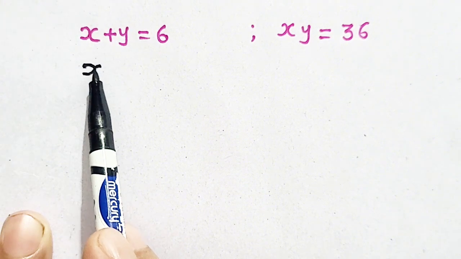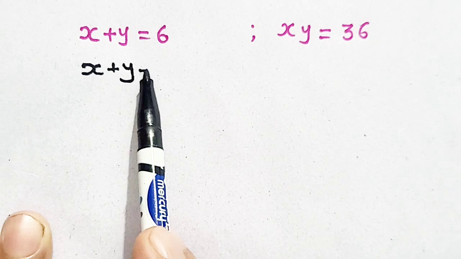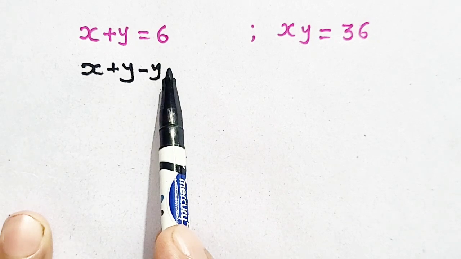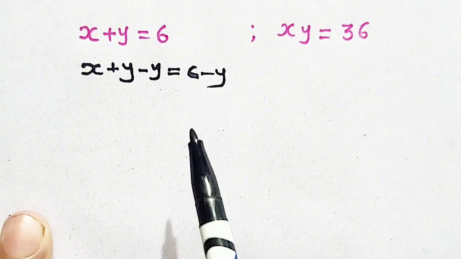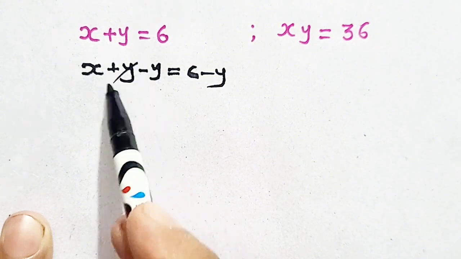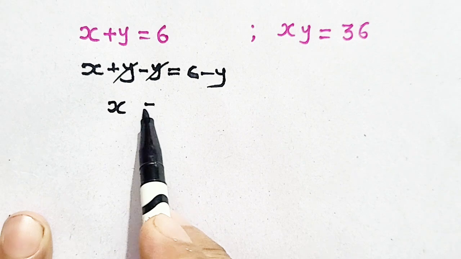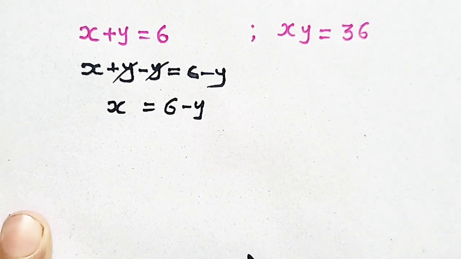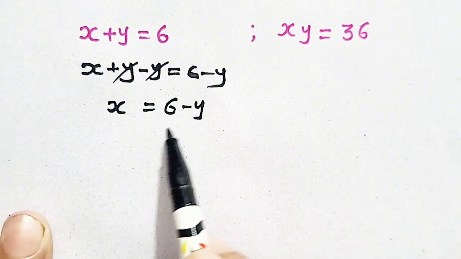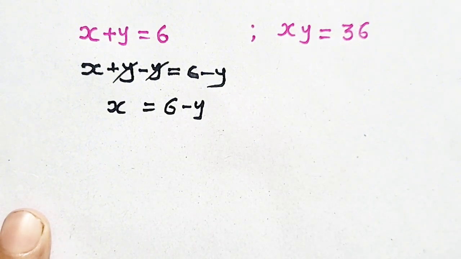x plus y minus y is equal to 6 minus y. So y and y are cancelled, so the value of x will be equal to 6 minus y. Now put this value in this equation. We will get